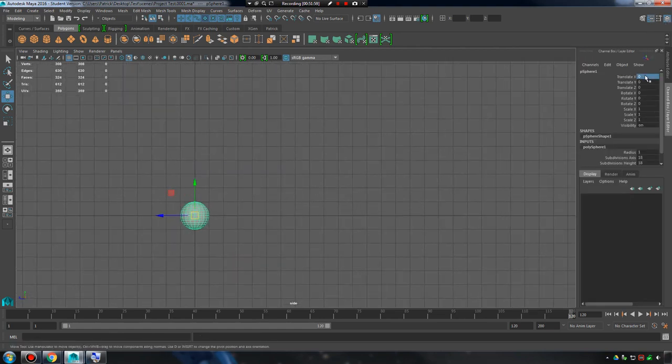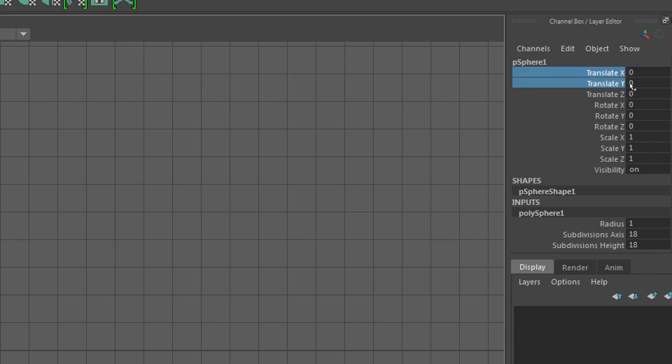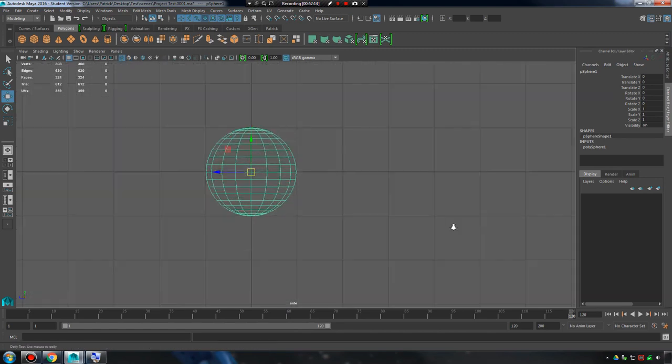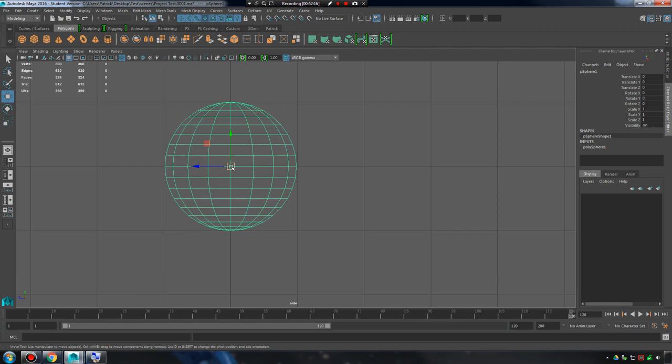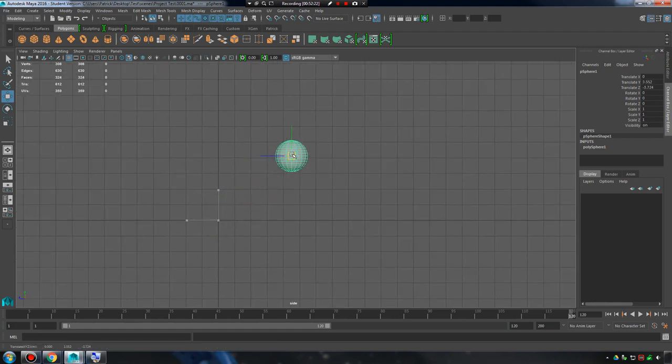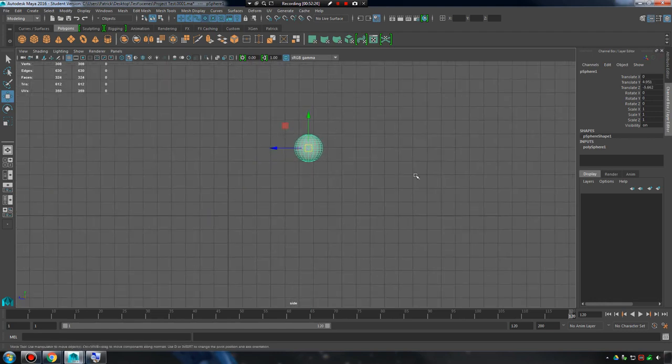And I want you guys to start paying special attention to these two values right here on my screen. So I'll zoom in, translate X and Y. Pay attention to those two values. Since my sphere is newly created, it's at the very center. I'll go in the wireframe view. It's at the very center of my grid here. If I move my sphere to quadrant 1, the top right hand,